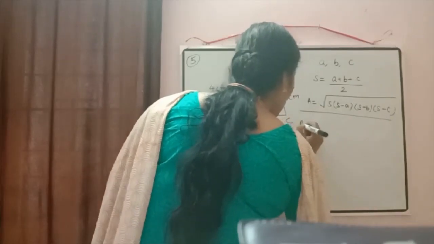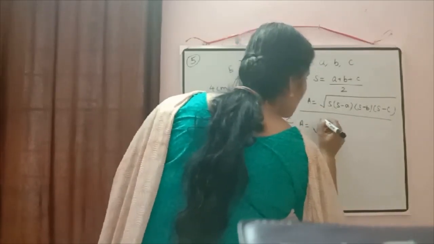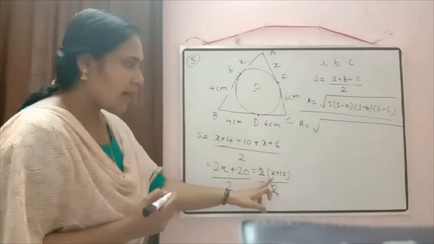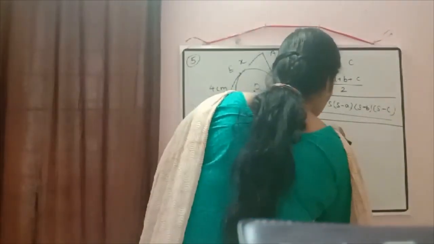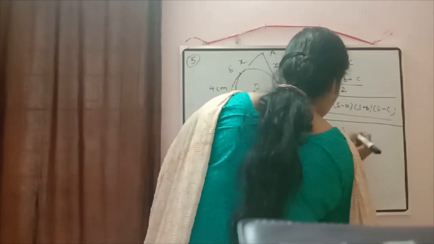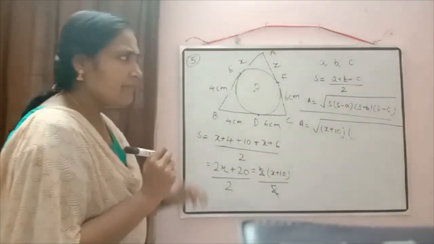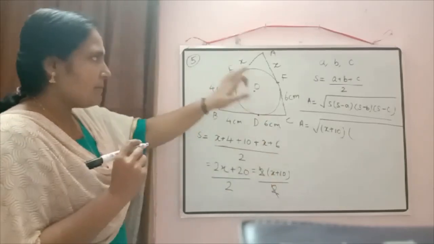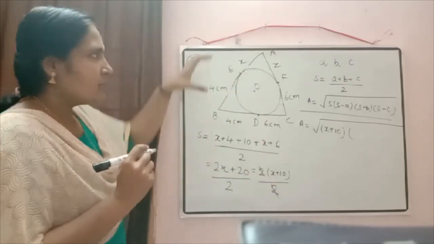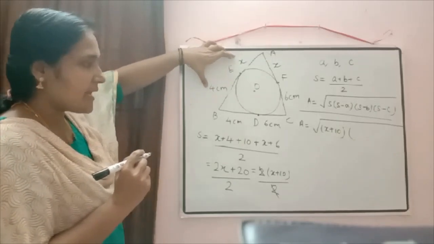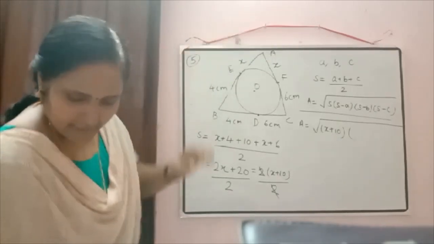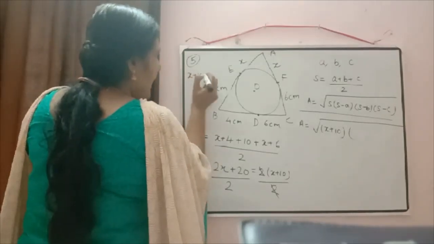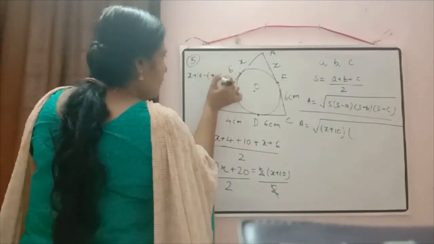Okay. So area, as we wrote, the formula is square root of s. What is the value of s? We have x plus 10. So first write down here x plus 10. Next what we have? S minus a. S minus a means x plus 10 minus all the sides there. So we have taken the first side as x plus 4. So I am doing the subtraction here. X plus 10 minus (x plus 4). Correct?